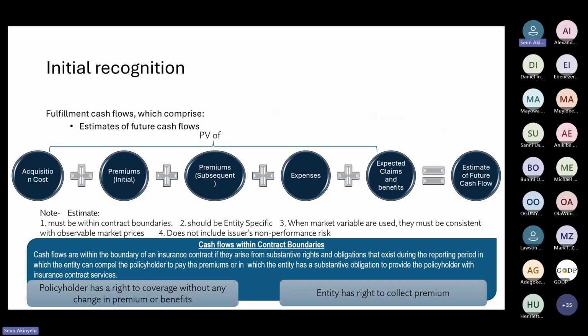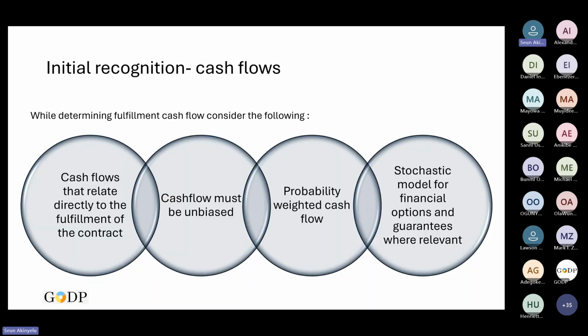calculate many of the things I'm talking about. So I'm not going to be talking English, I will be talking English and mathematics. When we are looking at the fulfillment cash flow, like I said, you will factor in 1, probability; 2, PV of the cash flows; 3, risk adjustments. All these brought together will give you what they call fulfillment cash flow. That plus the contractual service margin is what you call insurance liability or insurance asset at the very beginning.